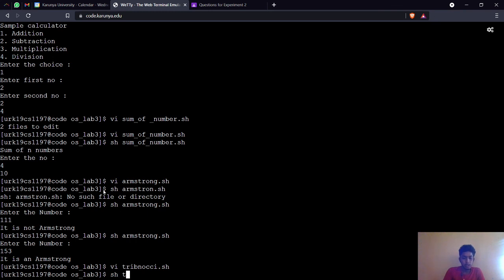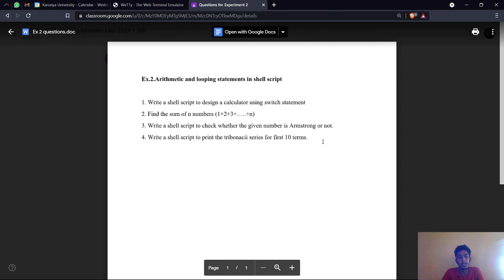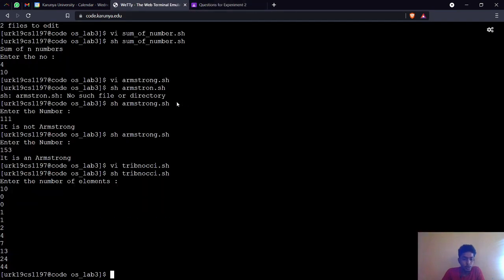Now enter the number of elements. The question says 10 elements, 10 terms, so let us give 10.